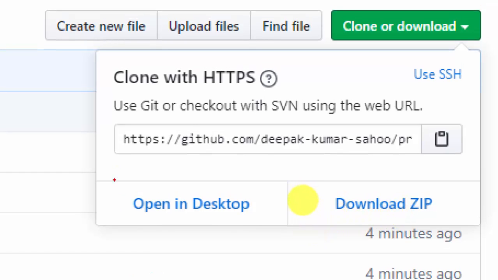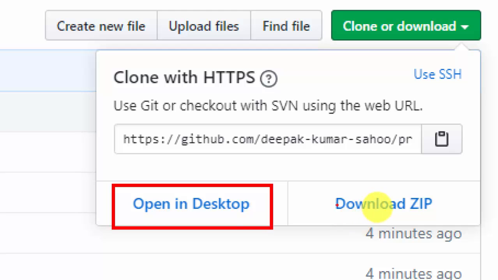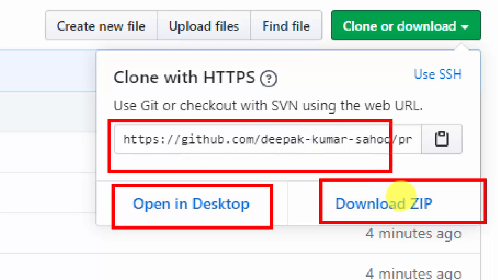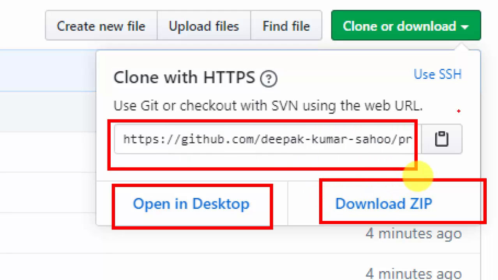This is for opening on our desktop, or if you want to download it, you can get the entire zip file on your computer. And this is our link to share your entire content. If you want to copy it, you simply copy it here.